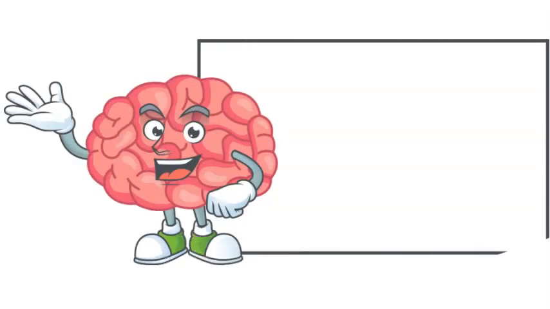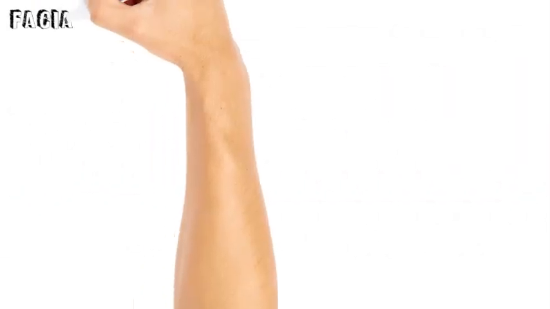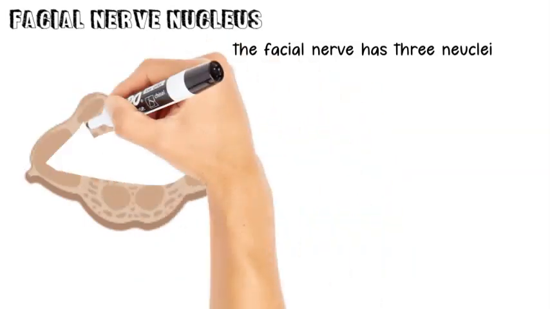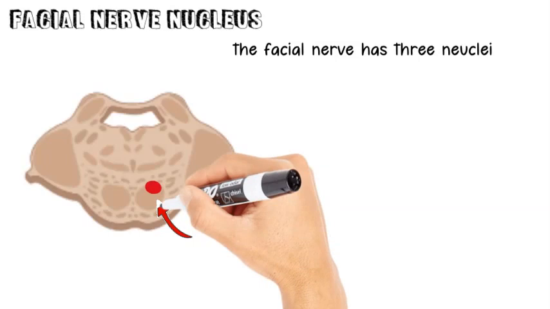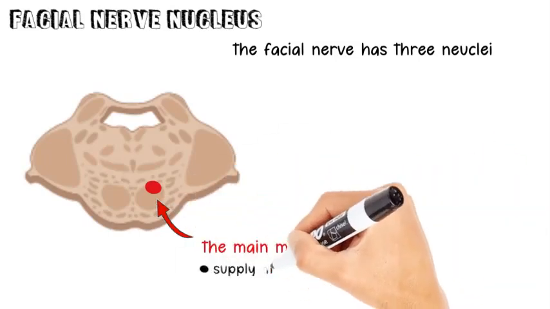In this video, I shall talk about facial nerve palsy. The facial nerve is both a motor and sensory nerve with autonomic functions. That's why it has three nuclei. The main motor nucleus lies deep in the reticular formation of the lower part of the pons and supplies muscles